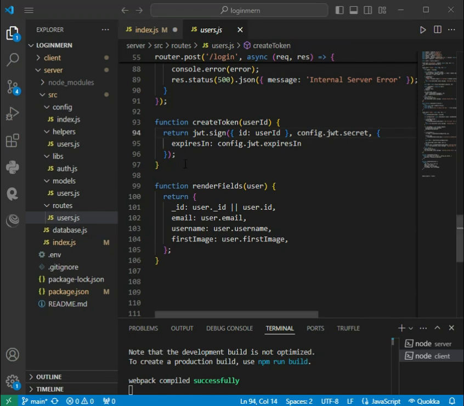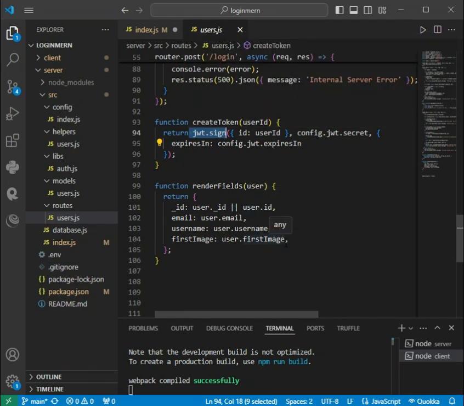And this is the function that generates a JSON Web Token, which will be used to authenticate users in the application. It just takes a single argument, user ID, which is the unique identifier of the user in the database. This ID will be embedded in the JSON Web Token so that the server can later identify that user based on that token. Then we have the sign method